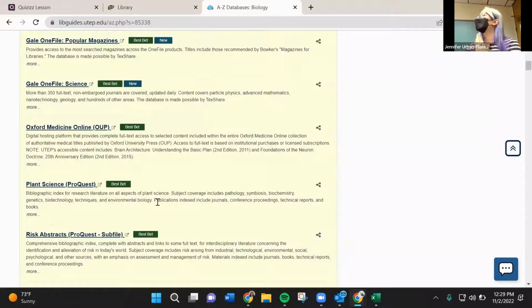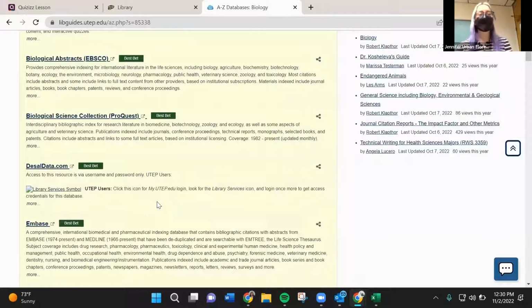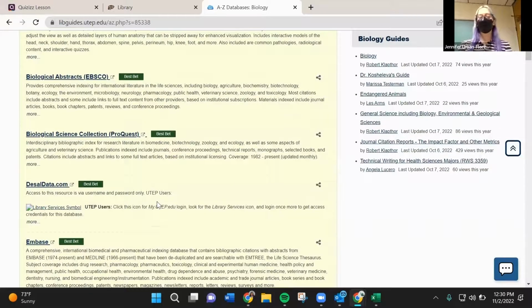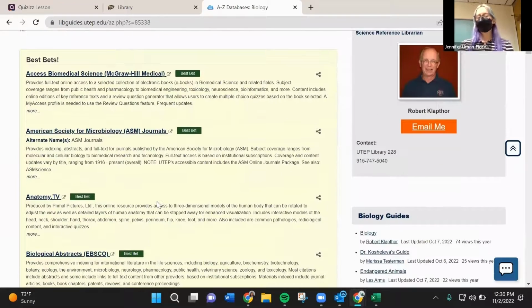Is there a database that you already like or that you've used before? Never? Okay. Have you predominantly used MinerQuest or just the library catalog? I just went to the library and checked the library books that are available. Okay, cool. Then I'm glad you're here. Do you have any suggestions? Maybe start with Biological Abstracts? Just click on virus or something.